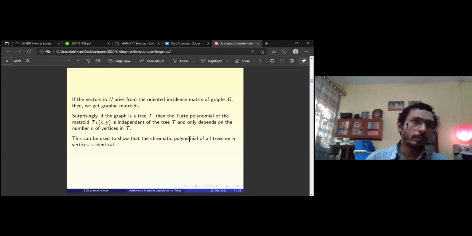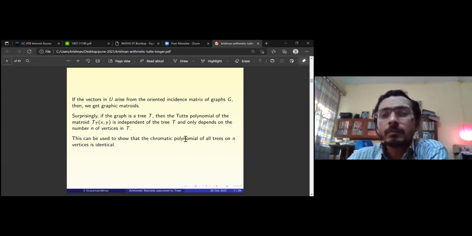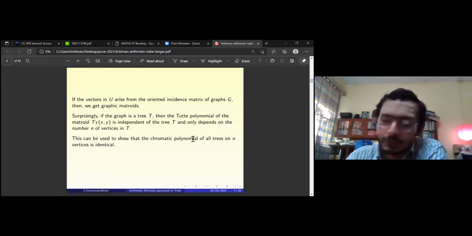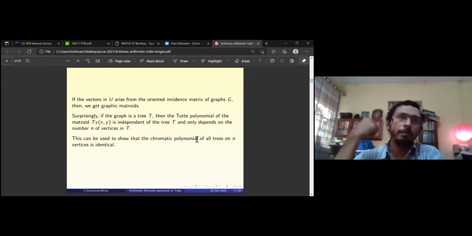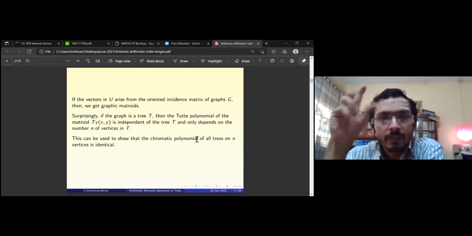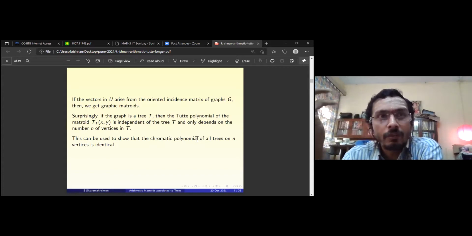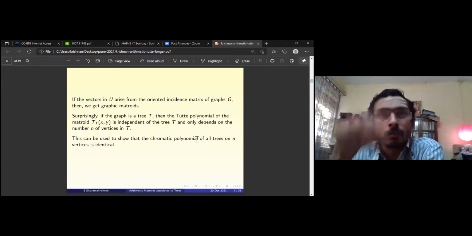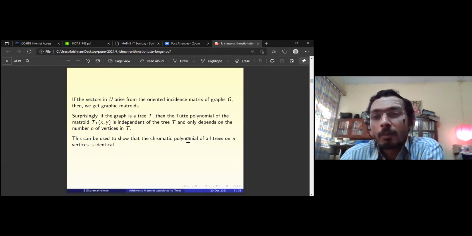So what is this chromatic polynomial? It is related to finding the number of proper colorings. It was defined by Birkhoff, who tried to prove the famous four-color theorem. At that time it was the four-color conjecture when Birkhoff defined this chromatic polynomial. The chromatic polynomial counts how many proper colorings there are for a given graph with some number of colors. If you fix the number of colors, let's say 5, how many 5-colorings are there of the graph? That will be given by this chromatic polynomial. If you plug in 5, the number you get will be the number of proper 5-colorings of the graph.